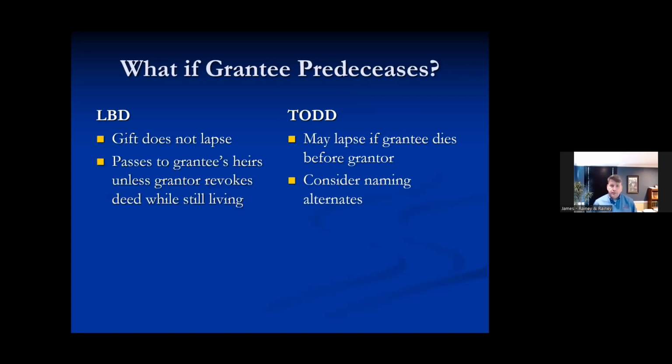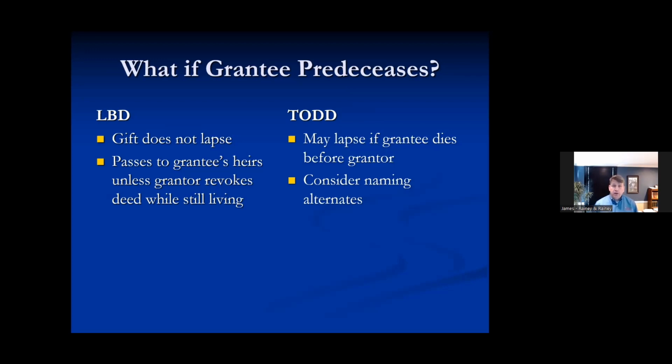If the grantee, meaning the person who's supposed to get the land when the grantor dies, dies first, what happens? With a Lady Bird deed, it's still in place. If I don't change the Lady Bird deed and I'm the grantor and I leave it to my son and he dies before me, then that will go to his heirs or to whoever his will left his property to. It will transfer into his estate, and his estate will then take over the house. If it's a TOD or transfer on death deed, the way the statute reads is it probably lapses, meaning that it does not go on to that person.